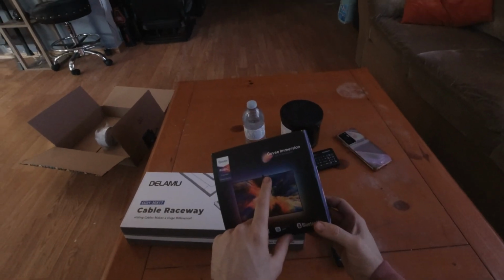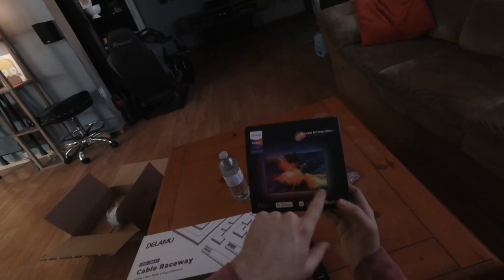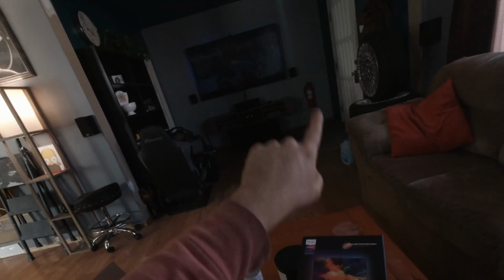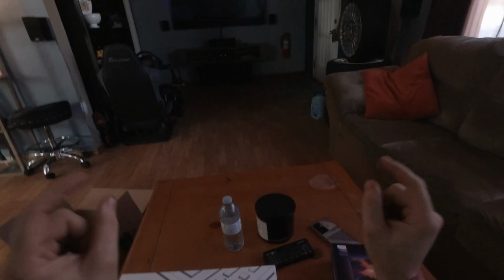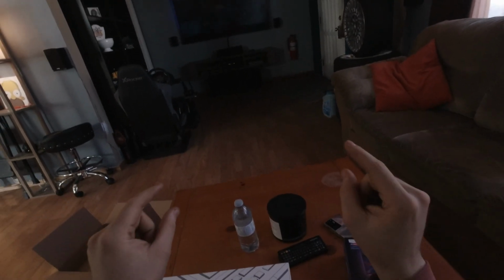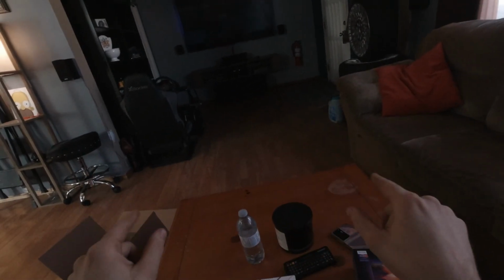So it has a little camera that goes on the top of the TV, then it has RGB strips that go all the way around the edges, and then you have these little foam alignment things that you put on the screen. In the app, you open the calibration, and then you calibrate the camera to those orange dots